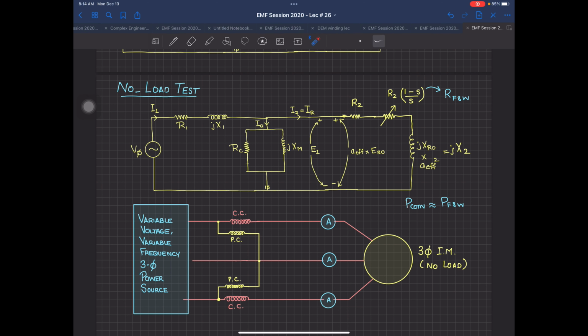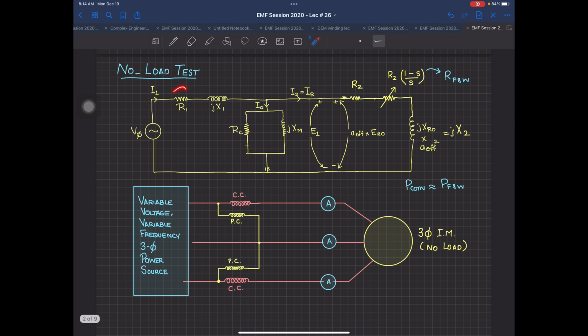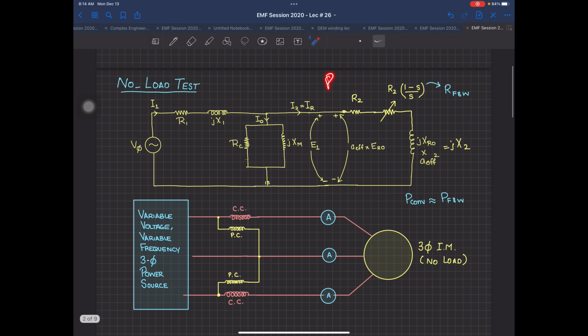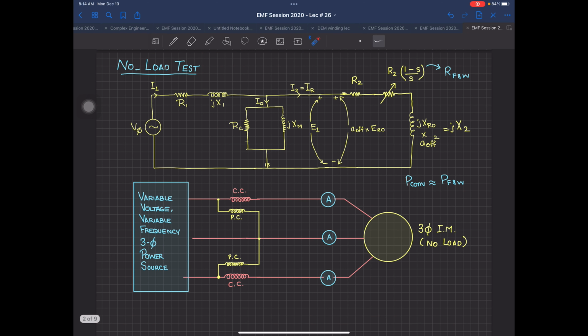Now the thing over here is that we need to find out these values of R1, jX1, Rc, jXm, these two elements, or actually R2 by s is actually the element, and then jX2. Now, if you remember your transformer, in the transformer we had two tests done in the lab also and in the theory part also before your midterm. That was the open circuit test and the short circuit test. Now, the open circuit test in a transformer was that you were not applying any load over there, and you could find out the core losses that were happening over there by assuming one approximation, that the primary winding losses were negligible at that time, and assuming that the I0 current was very small.